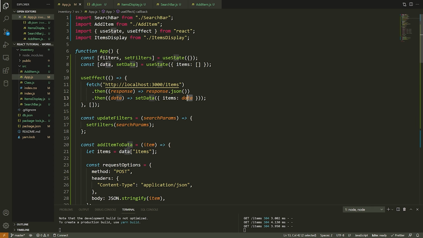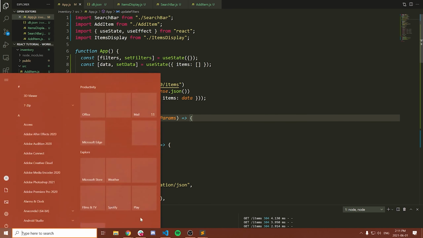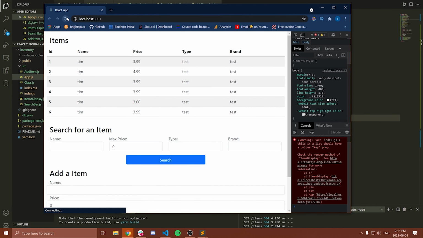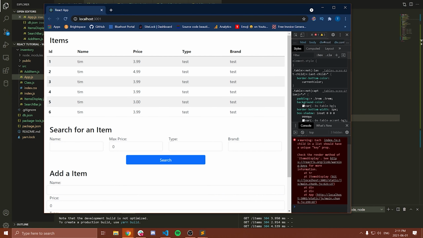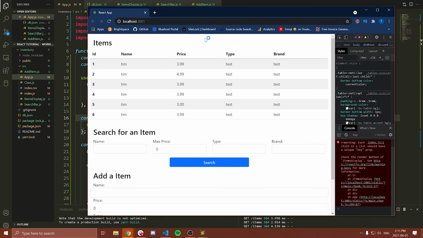And now this should work because the data is a list. We need the key items and then the list. Really, when I'm thinking about it now, we could probably just have it storing an array. We probably don't need this items key, but this is the way we've set it up, so we'll just keep going with it. Okay, so let's try this now. Notice we're not getting an error, right? Well, we're getting a warning, but we can see all of our items showing up. They're all immediately showing up in this list from our JSON server, which is exactly what we want.